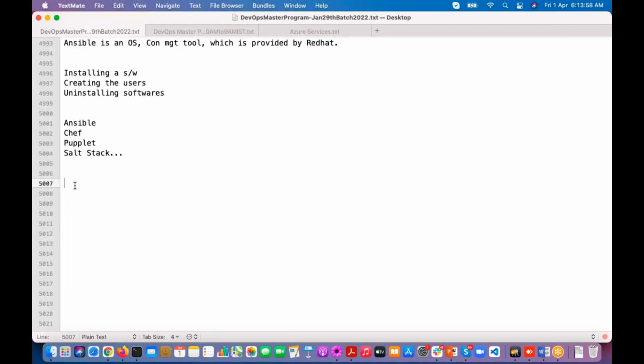What features will we get if we use Ansible or Chef and Puppet? Sometimes they ask questions like the difference between Ansible and Chef, and the difference between Ansible and Puppet.